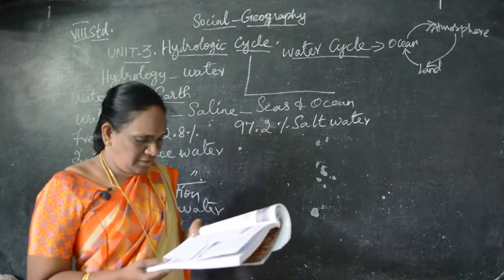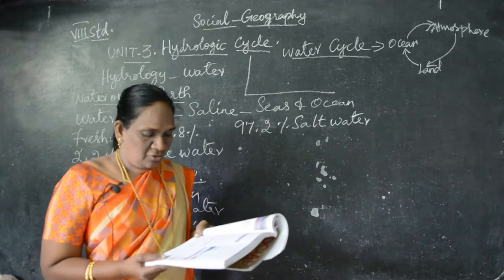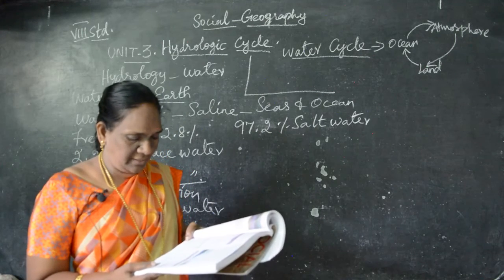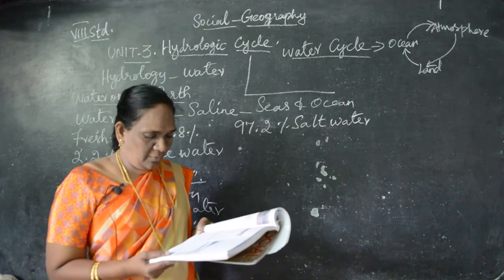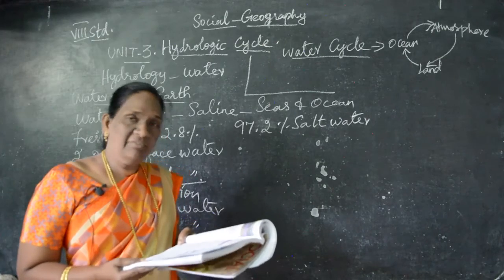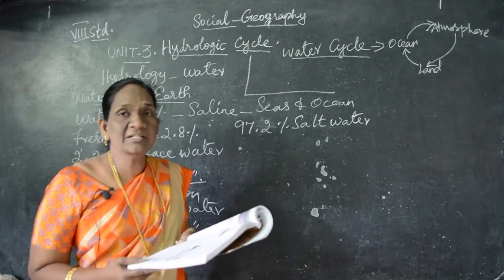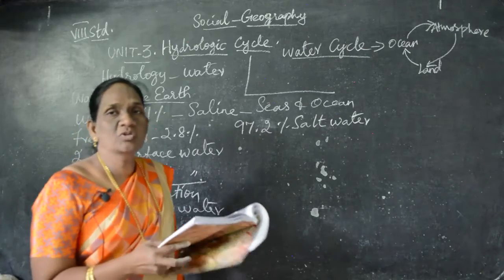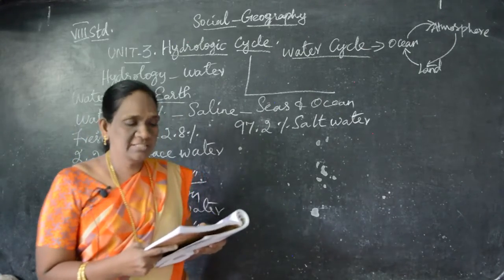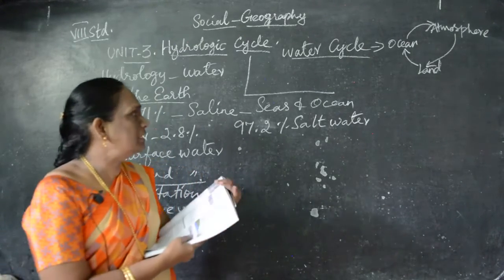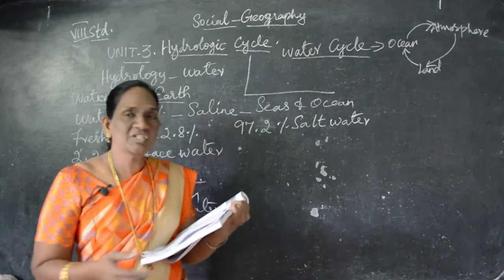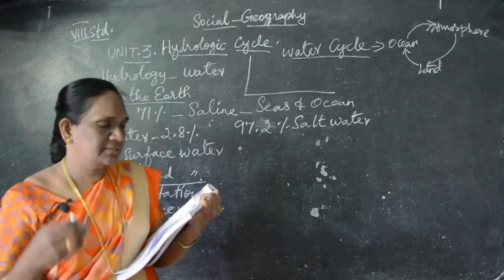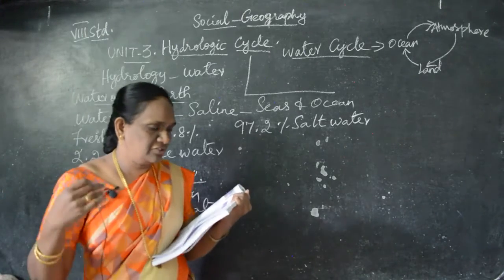And this water cycle can be considered a closed system for the earth, and the quantity involved in the cycle is invariable. Invariable in the sense that it does not vary in quantity, only in the distribution of space and time. Understand? Okay. Next we'll see about the evaporation which takes place from the surface of water.